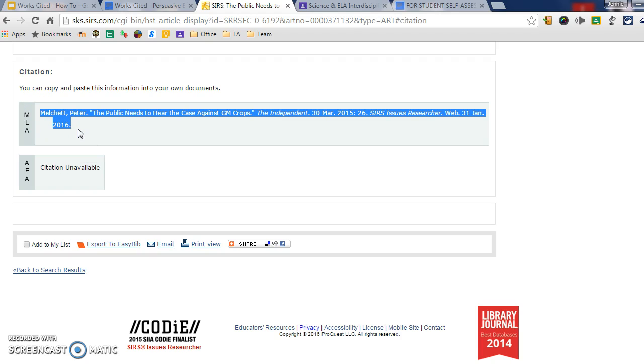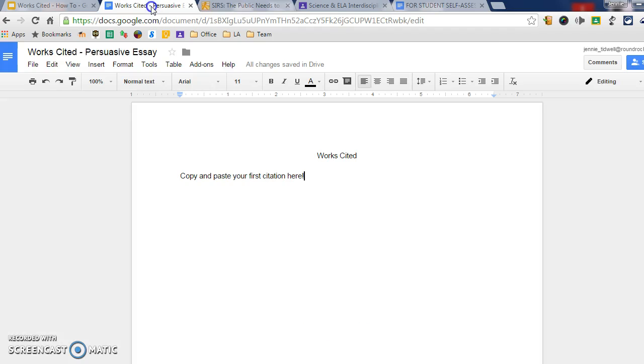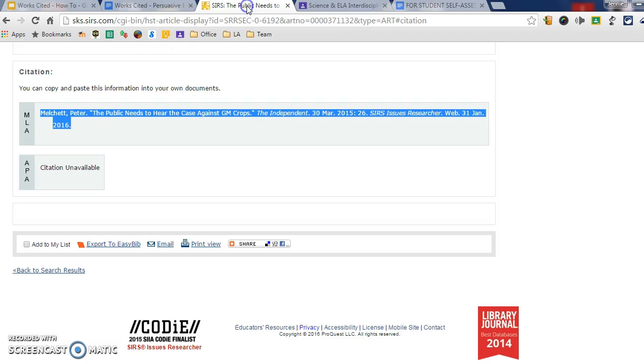And now you can just say Control-C to copy, and you're going to come back to your works cited page. So I don't need this direction here once I start doing my own, so I can highlight over it, and I can say Control-V, as in violin, and paste my citation there. So that's your first citation. I'm going to enter down and give myself a space, because I'm going to come back and I want to put another citation. So back in SIRS,